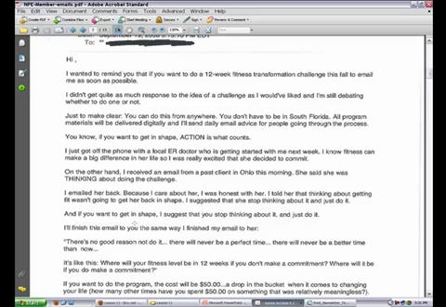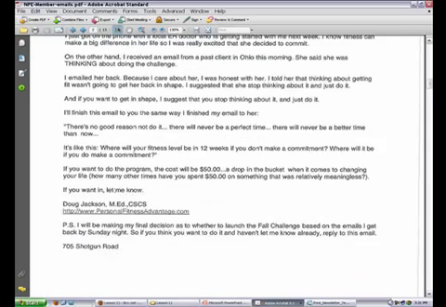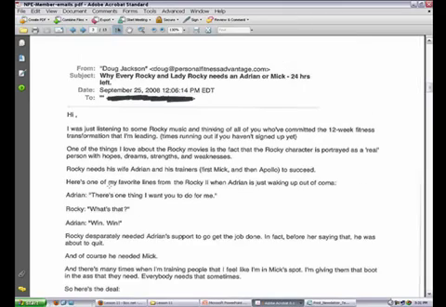This is direct response as opposed to big bold image-driven stuff, which is more corporate speak, and therefore has a tendency to be a little bit more ignored because it's not generally perceived as much as one-to-one communication as this type of style. So again, there are benefits to both, and this could be an HTML email. It just doesn't have any images or colors. It's just text only. So I just want to share that with you.